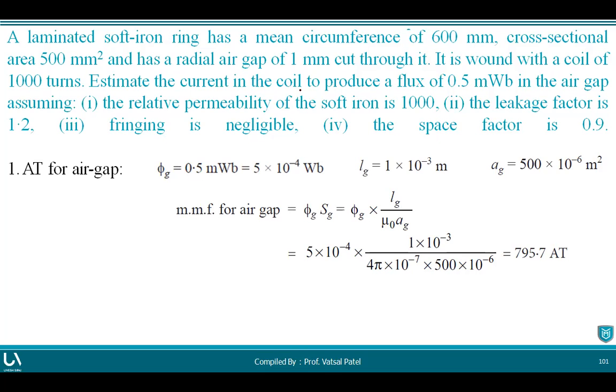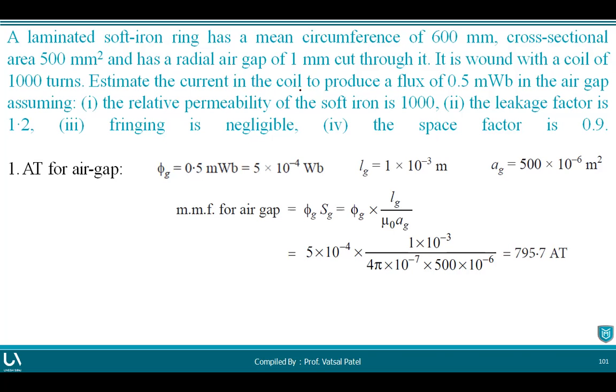The next thing, the cross sectional area is offered to you, that is 500 mm square. That also you are going to convert into meter square, right? So it is 500 into 10 raised to minus 3 multiplied by 10 raised to minus 3, or (10 raised to minus 3) square. So that you can do over here the calculation to convert that mm square into meter square.